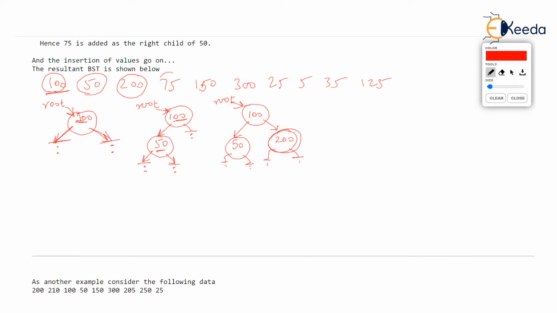Now let's take the next value, 75. Now comes a very interesting part. Where will you add 75? You always start comparing 75 with the root. I repeat, do not compare 75 with any intermediate node of the binary search tree. Comparison of the new value that you are inserting will always start from the topmost node. Why? What's the reason? Why can't we directly compare it with 50? Or why can't we compare it directly with 200? Rubbish. We cannot compare it with 50 or 200 because we don't know their addresses. We know only one address, which is given by root.